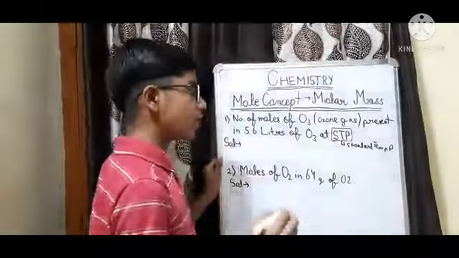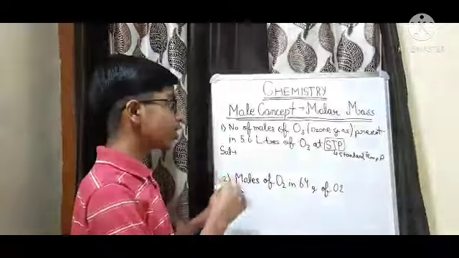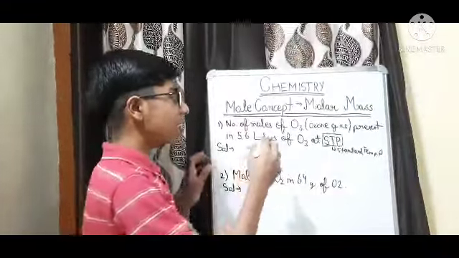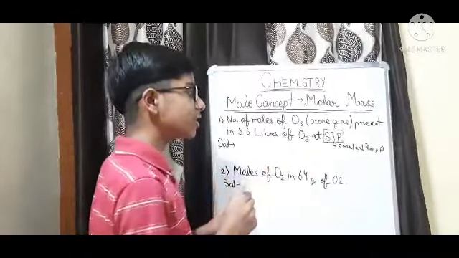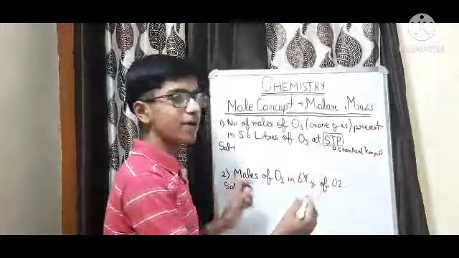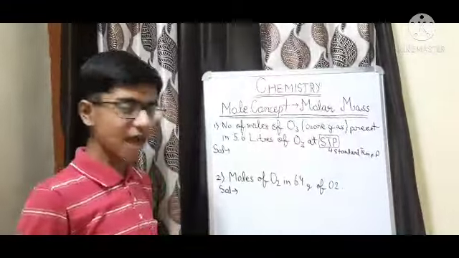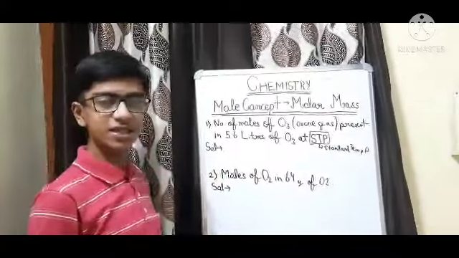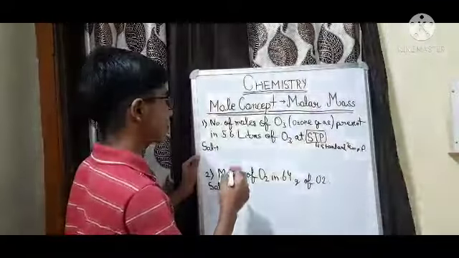So what is there at STP? First of all I will tell you that 22.4 liters will be the molar volume when the gas or the substance used is at STP. Now what is meant by STP? That the temperature is standard, means it is 0 degrees Celsius or 273 kelvins, and if we talk about pressure, it should be 1 atm or 760 mm of Hg. Now I will be solving these 2 questions first of all, and after that we will be moving on to the next numericals.